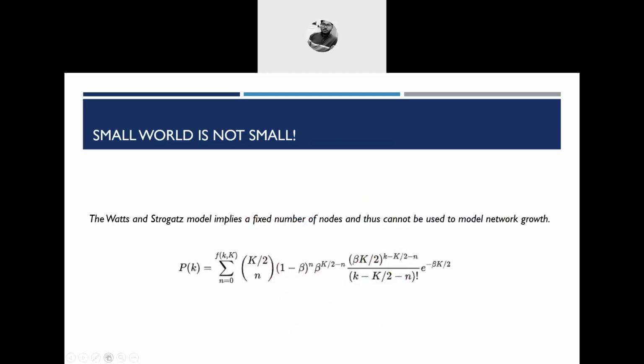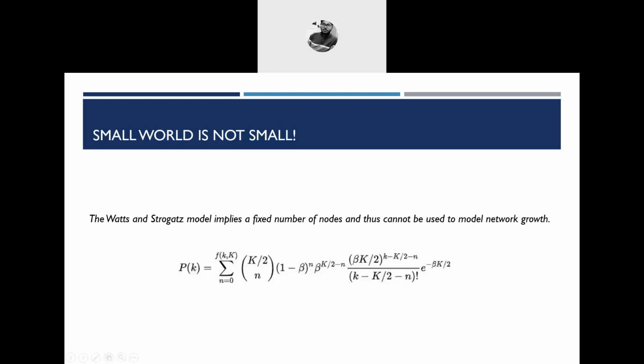Okay, so here is the probability function or the degree function of the Watts-Strogatz model. Yeah, it's big. I know it's quite a big mathematical equation, but you don't have to be afraid. Basically this probability function, if we generalize it, we will see that it is nothing but the Dirac delta function. If you are familiar with it, it's quite used in quantum mechanics actually. So in one way it is exponential, in another way it's binomial, but the right term of such expression is basically a Poisson expression.